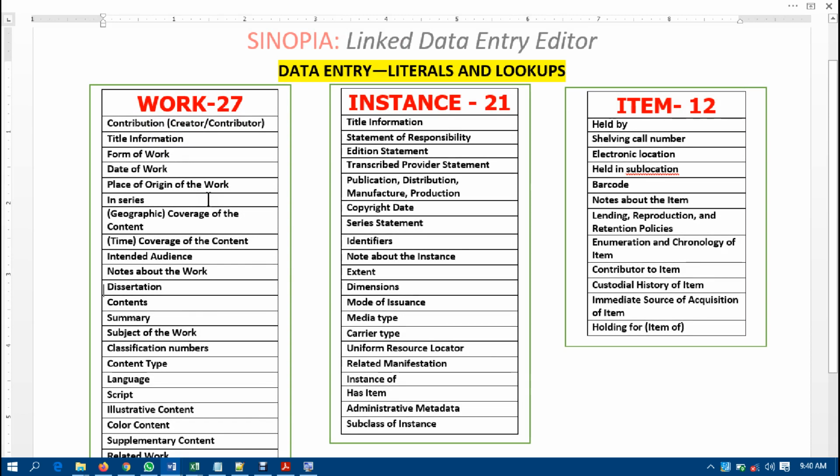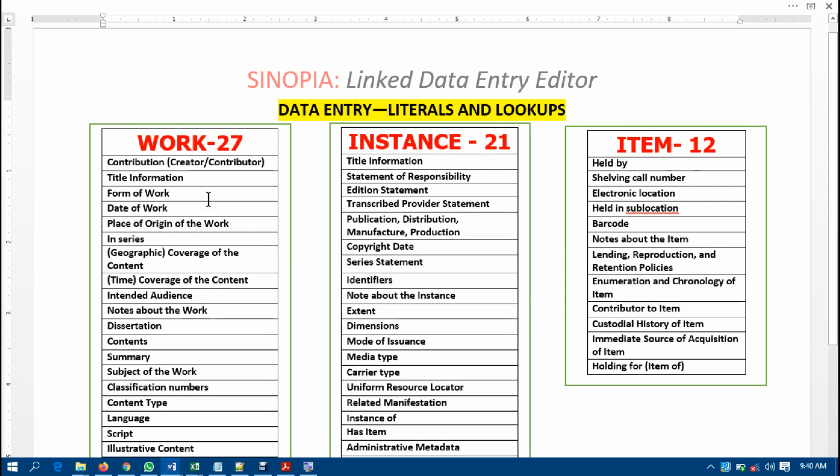Now, this part of the training is to let you know that there are two ways or two channels through which you can provide data entry into the linked data database. You can use literals and you can use lookups. When you see literals, this is the type of information that you provide by yourself from the items of the information.